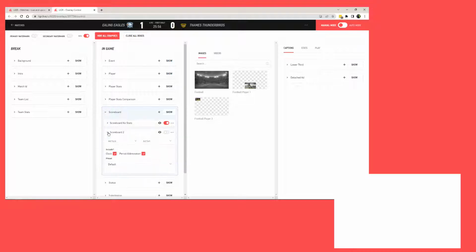First thing I'm going to do is give it another name, and I'm going to call it Team Stats. I'm going to take the period abbreviation off because it actually doesn't display on this particular theme, but it does on others. And where it says preset, we've got various options. You can have a custom message, an event, head-to-head stat, substitution, or the team stat. So I'm going to select Team Stats,